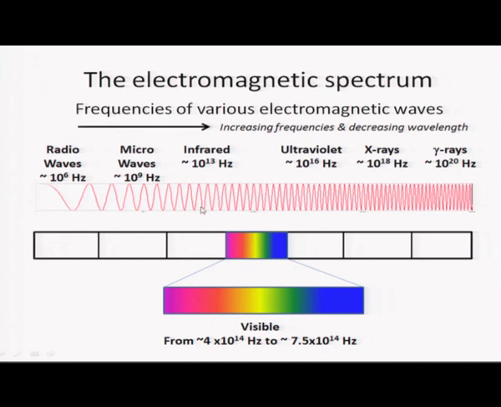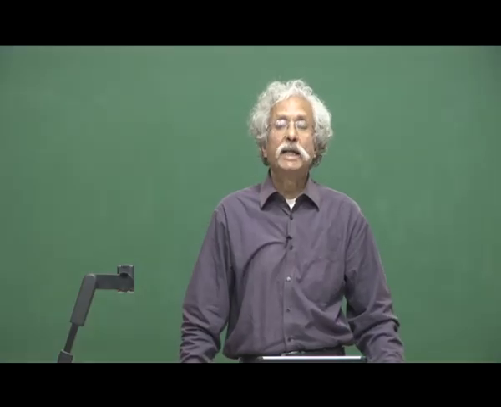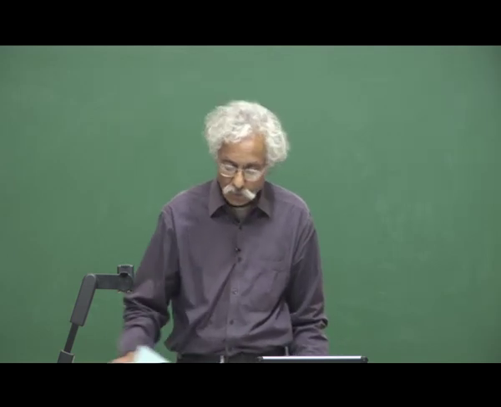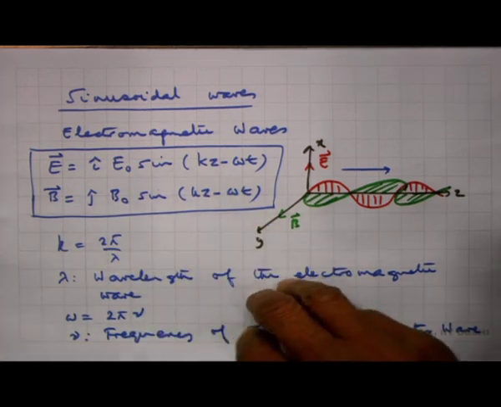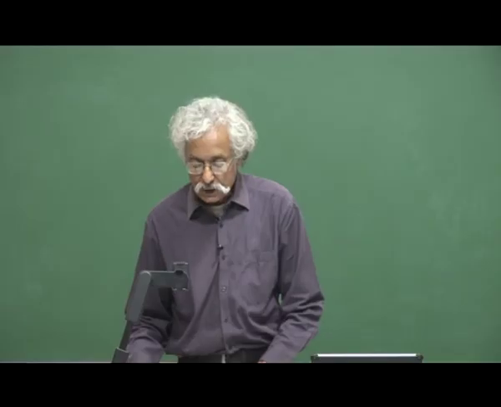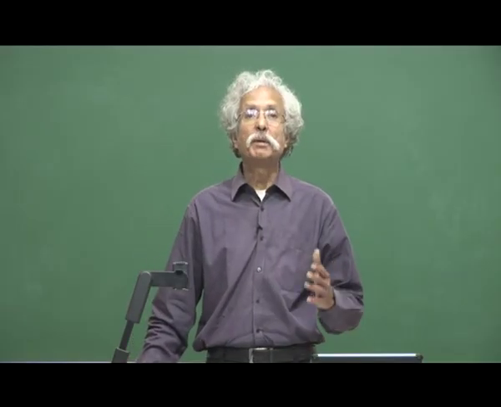So, as the frequency increases here, the wavelength drops down, and you can actually calculate and show that the wavelength of these waves is much shorter than the wavelength of these waves. I will leave it to you to calculate the corresponding wavelengths knowing the speed of these waves, because in the next class we will discuss in more detail, starting from this equation which I wrote down for the electromagnetic waves, the electric and magnetic fields. I will show you that these two equations are consistent with Maxwell's equations, and that omega by k, which is the velocity of these waves, is related to epsilon 0 and mu 0, the dielectric permittivity of free space,